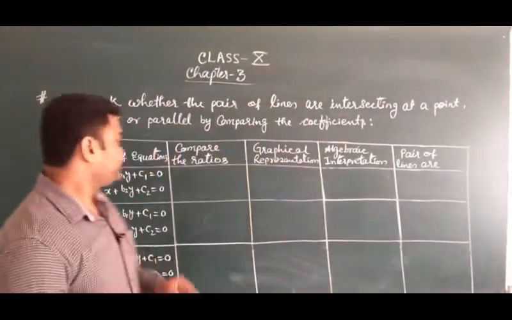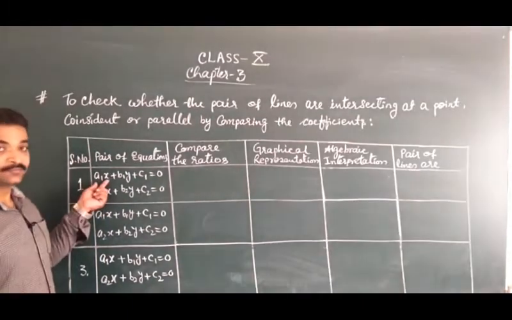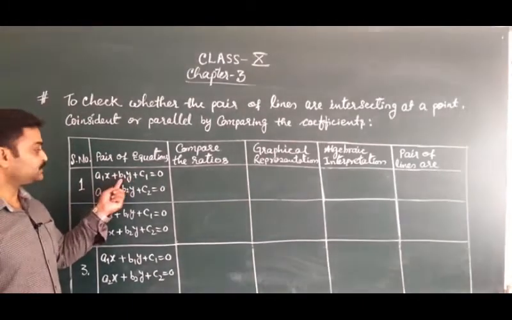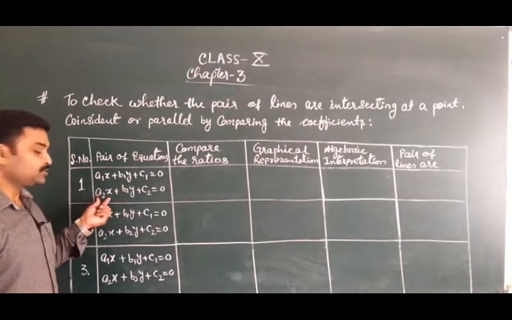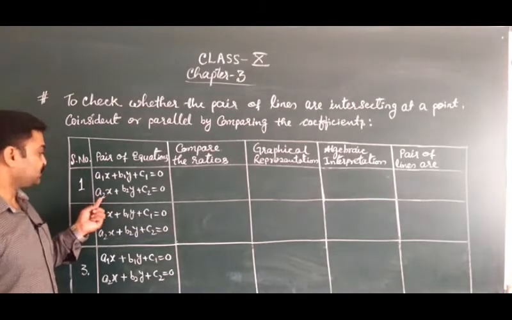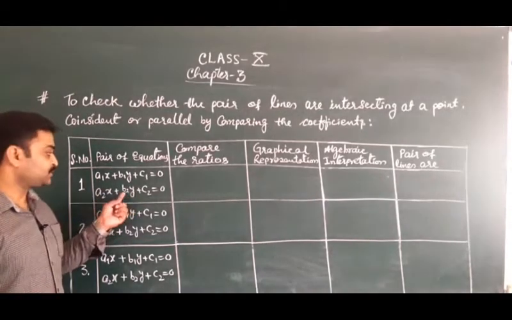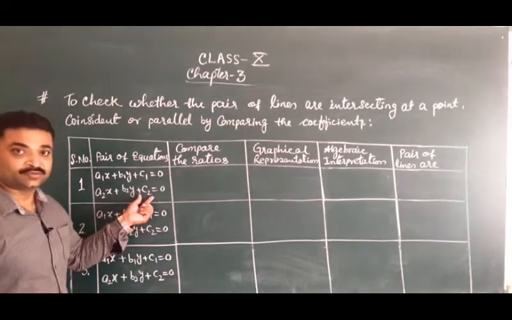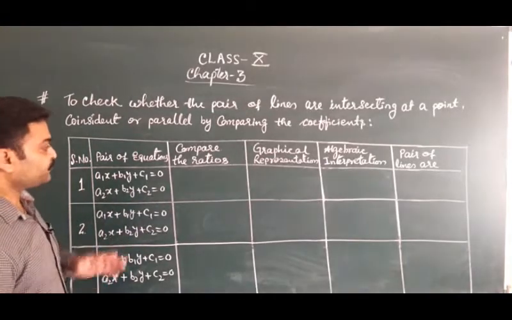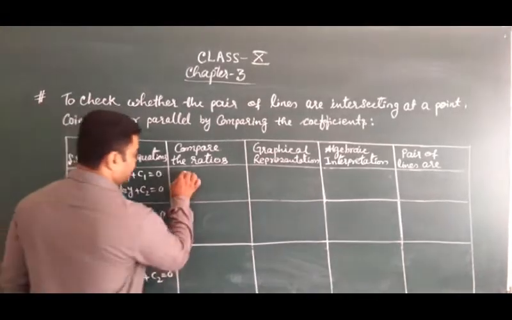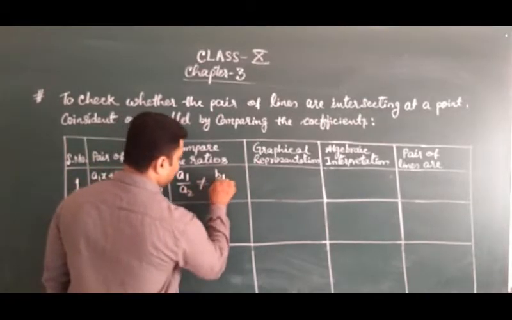Here you all know the coefficient of x in the first equation is a1, the coefficient of y is b1, and c1 is the constant term. Similarly, the coefficient of x in the second equation is a2, the coefficient of y is b2, and c2 is the constant term. Clear? So students, if we get a1/a2 not equal to b1/b2,